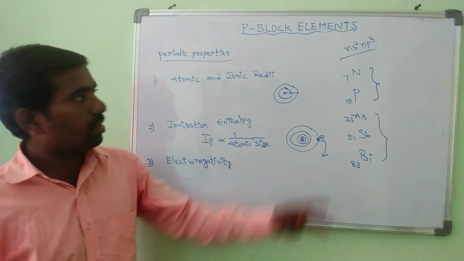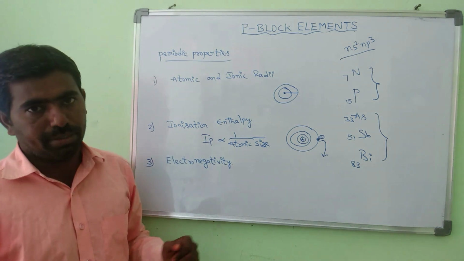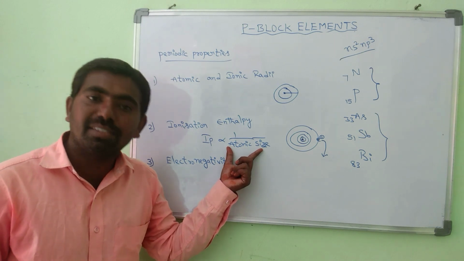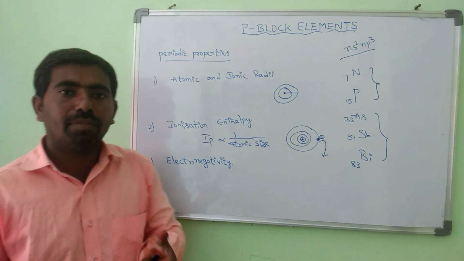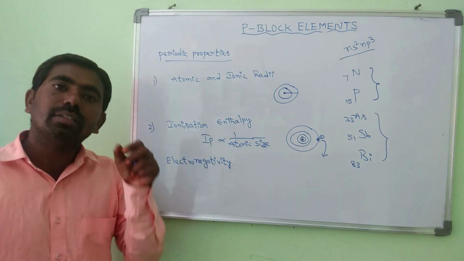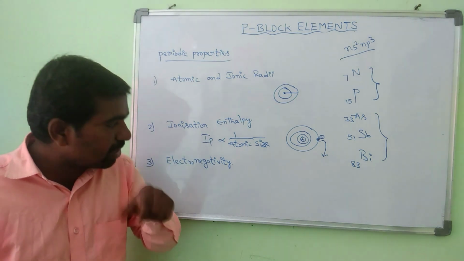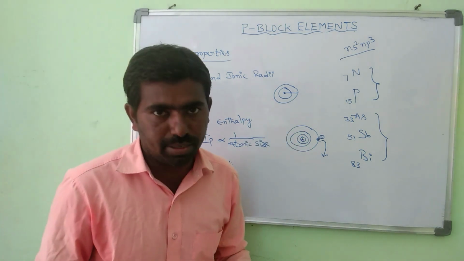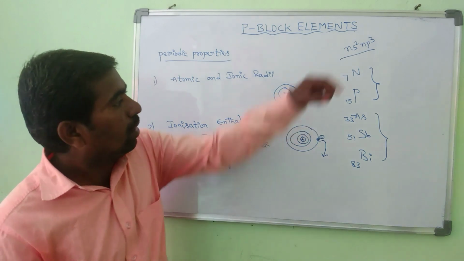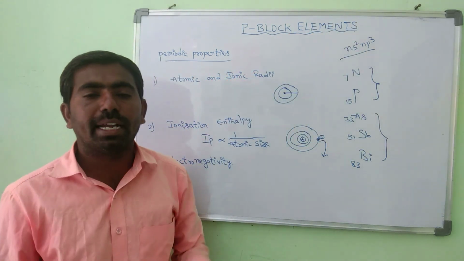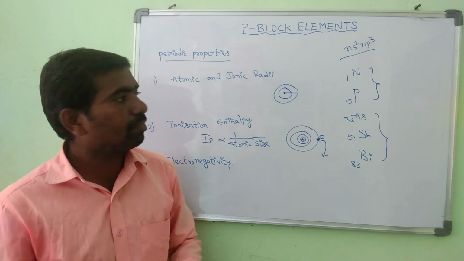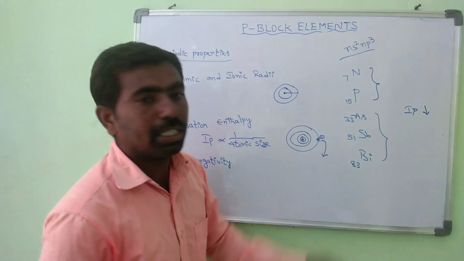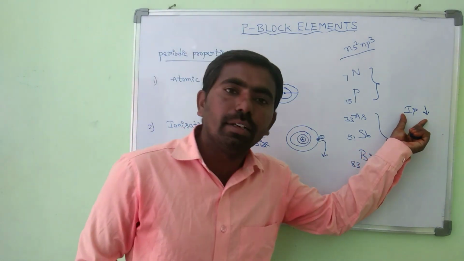So how does it change in 5th A group elements? Generally we know that ionization potential is inversely proportional to atomic size. So when the atomic size of an element is more, the IP value is less. If the atomic size is less, ionization potential is more. We have already discussed the atomic and ionic radii. When we are moving from nitrogen to bismuth, atomic size increases. Due to that reason, the IP values of these elements decrease from nitrogen to bismuth, from top to bottom,